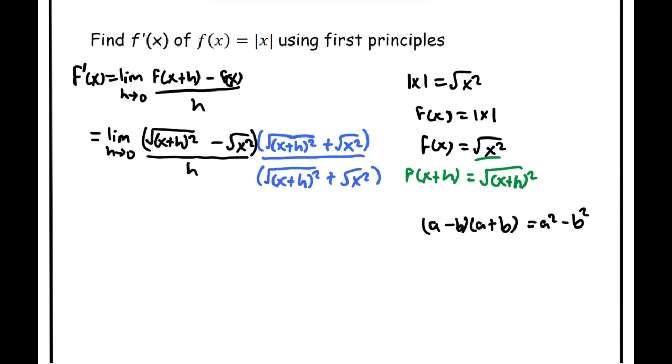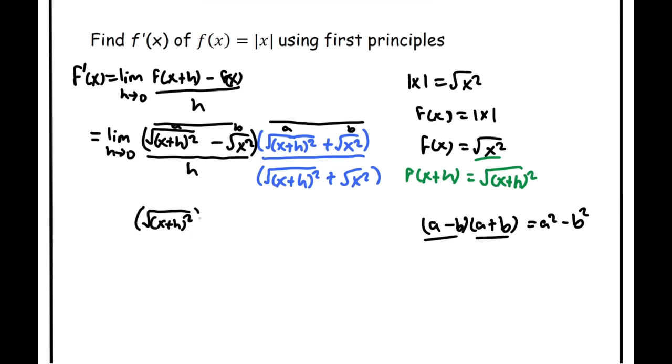Now, let's notice what we have here. We have the form a minus b, which is this part, and a plus b, which is this part. So if this is our a, and this is our b, the first part is a minus b, the second part is a plus b. That means that this result can be the same as a squared minus b squared, making this, if our a is